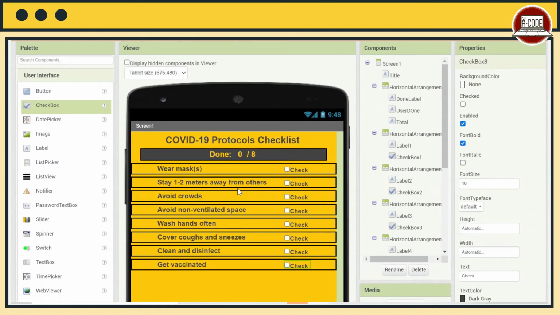So here I am done with getting all of the checklists into my application, and then the last part of